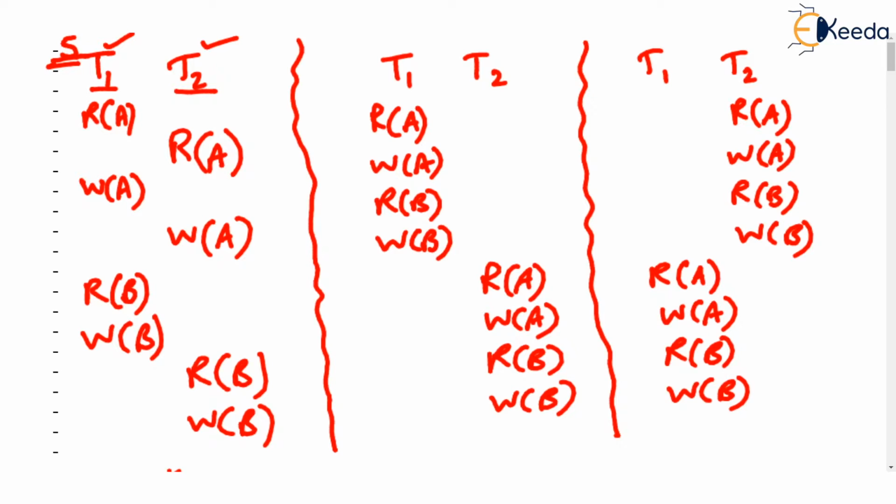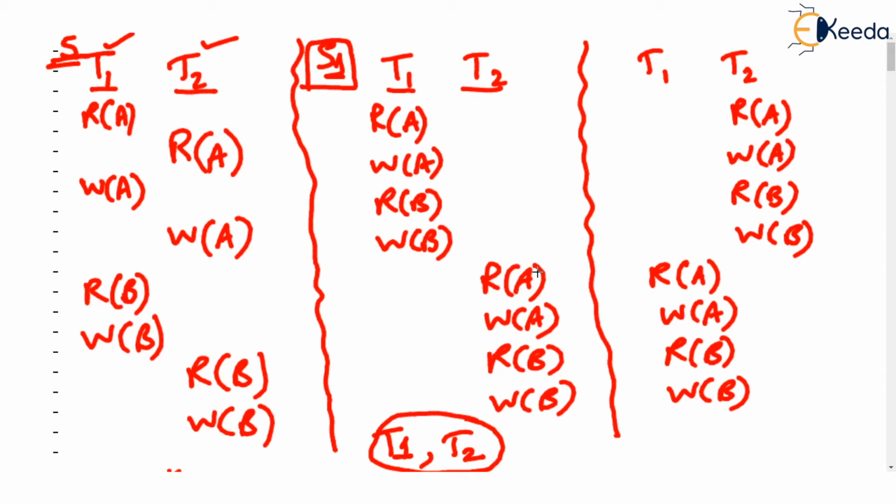Now, for this to be view serializable, it has to be equivalent to one of the serial schedules. So we will have to find out how many serial schedules are possible if the two transactions T1 and T2 are given. Of course, I have written serial schedule S1 here. Note, this S1 is a serial schedule containing T1 and T2. You can clearly see these operations, read A, read B, write B of T1 are written first, followed by all operations of T2. So what is the order here? The order is T1 runs and completes, and after that T2 runs and completes. So this is a serial schedule.